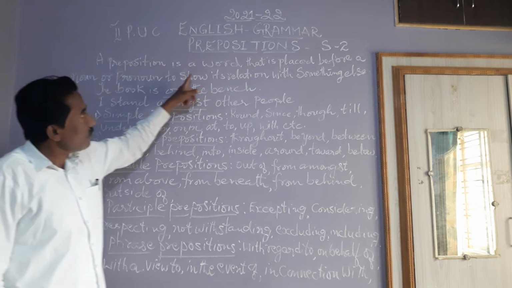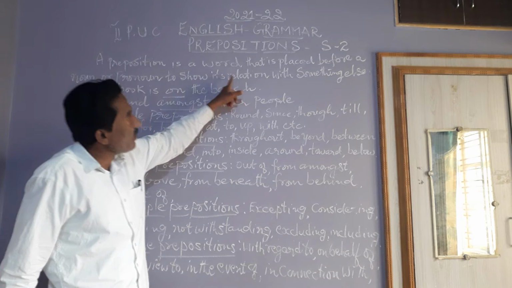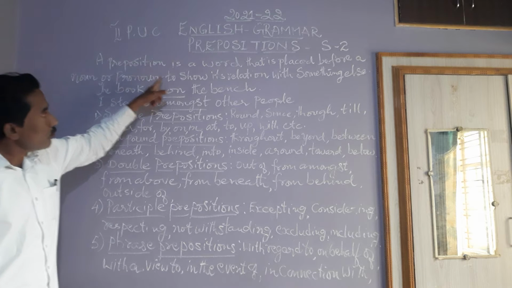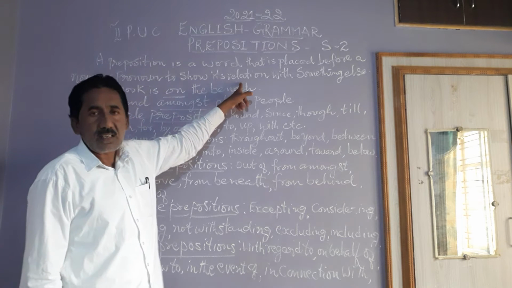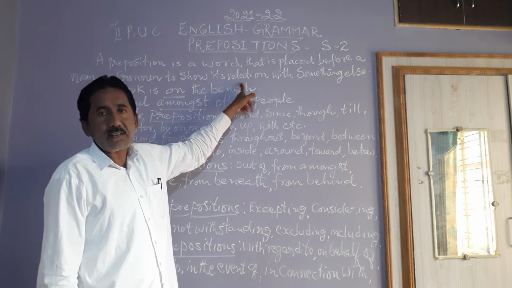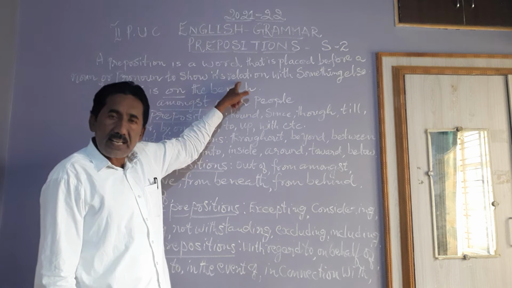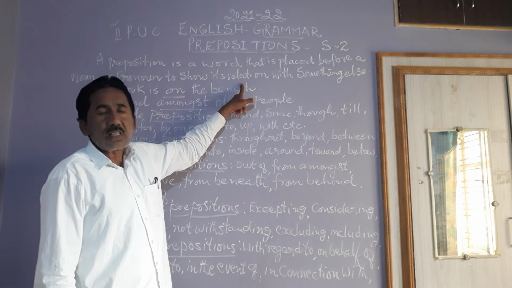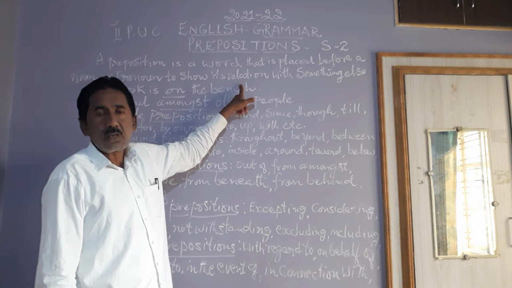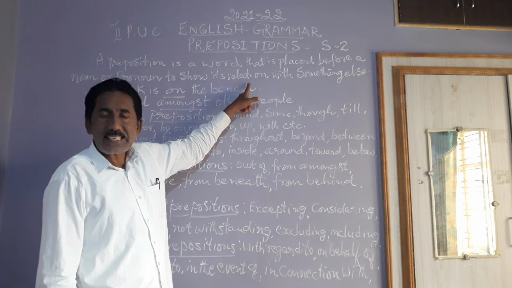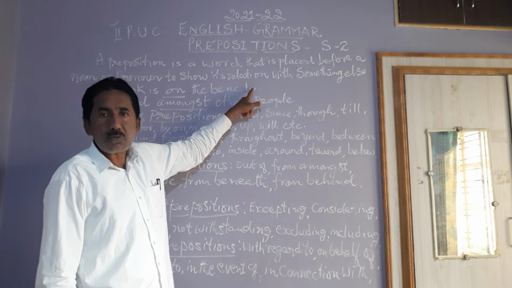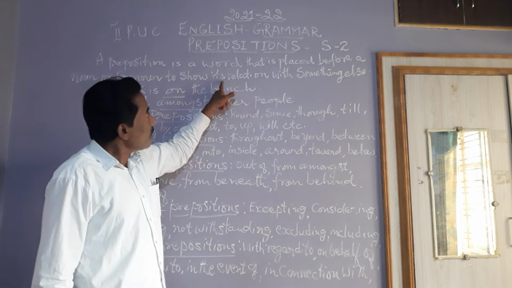So a preposition is a word that is placed before a noun or pronoun to show its relation. That definitely shows the relation. There we indicate the relationship. That relationship should be understood. That placement should be understood, traced, and pointed out. Okay, so relation with